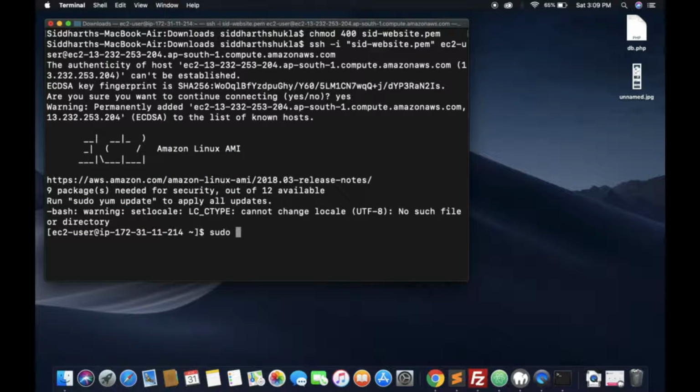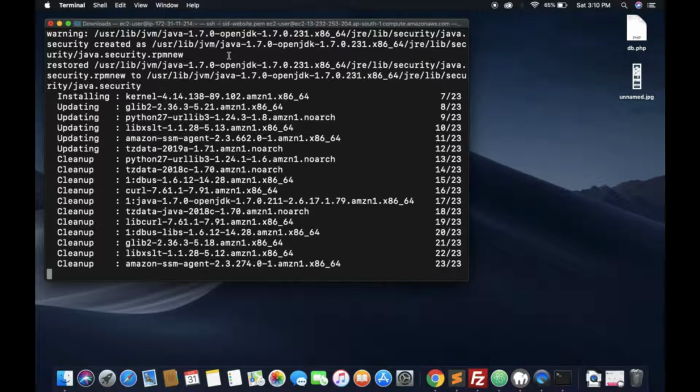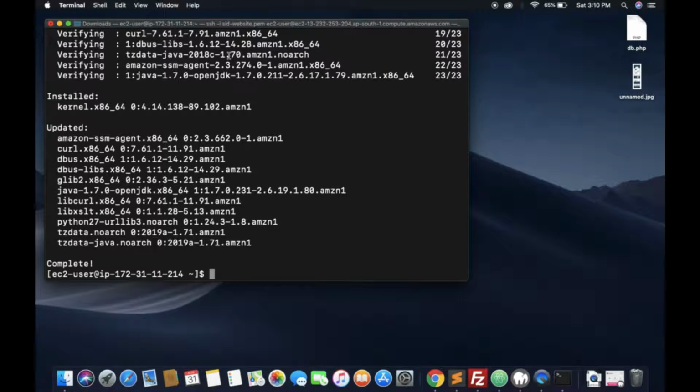sudo yum update -y. Now it is complete. The update is already complete. So we need to again install PHP and MySQL server. So I just type sudo yum install -y